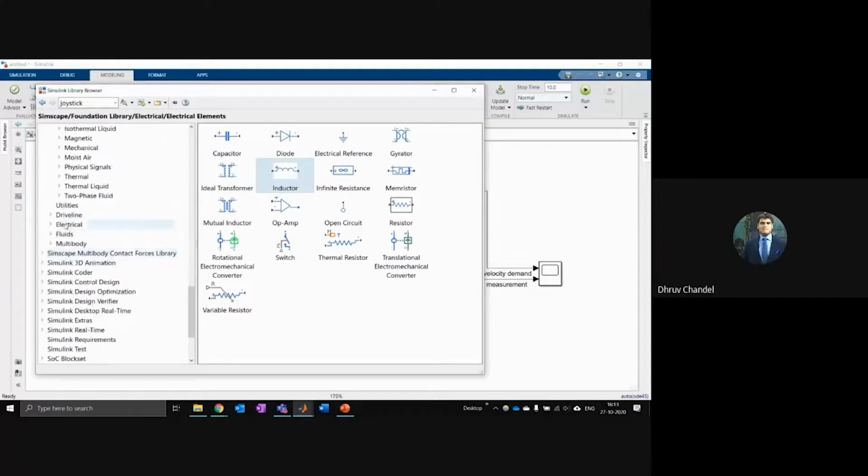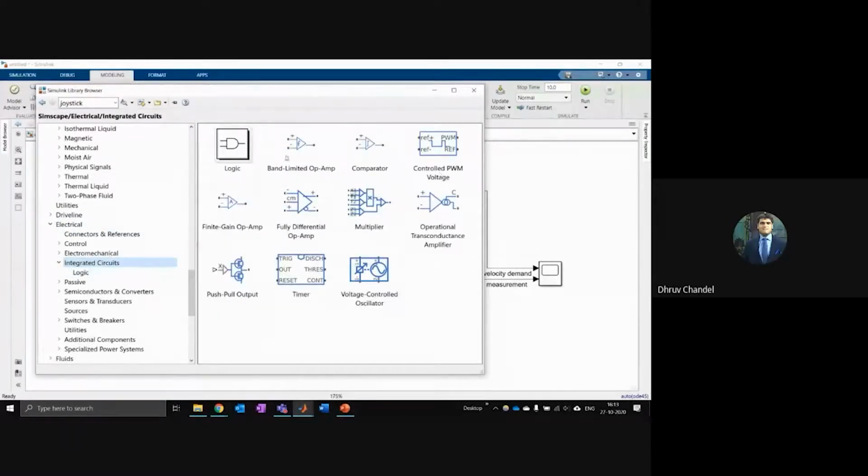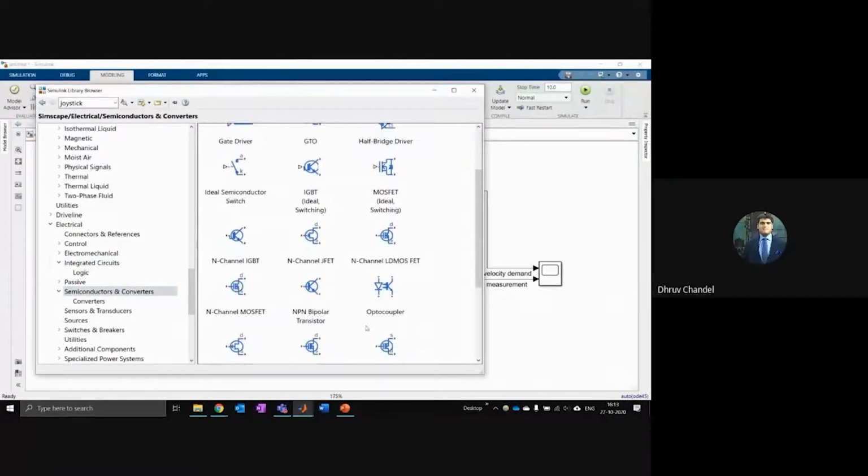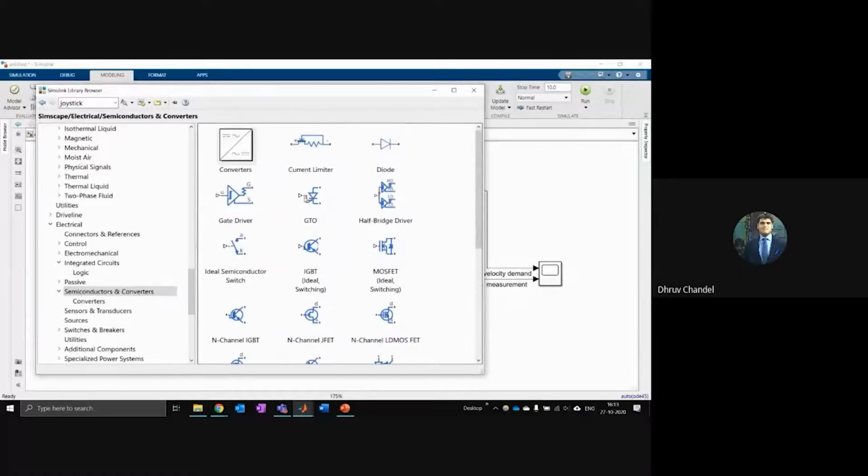And inside Simscape Electrical, which is an advanced library, you have a lot more advanced blocks for your circuit design aspects as well, and semiconductors. So this is a very powerful tool for doing system level design, and you can integrate the electrical and the mechanical and the pneumatic, hydraulics, all these parts together, and you can build very complex system level models as well.